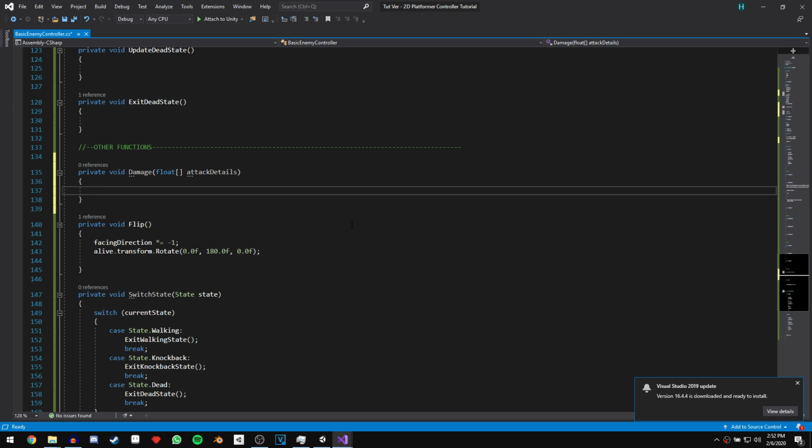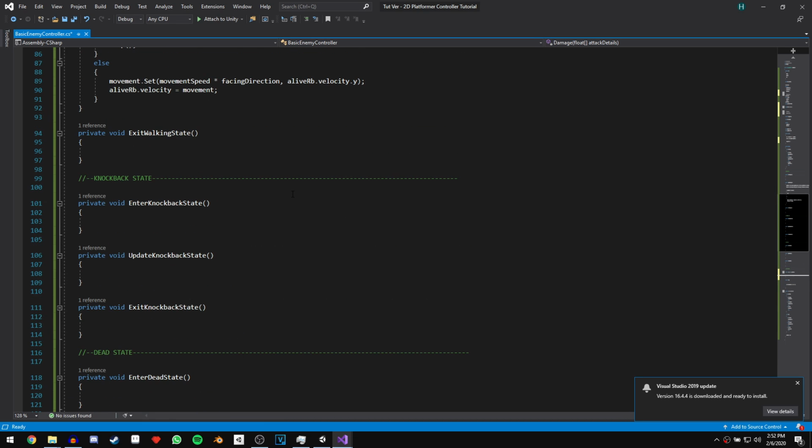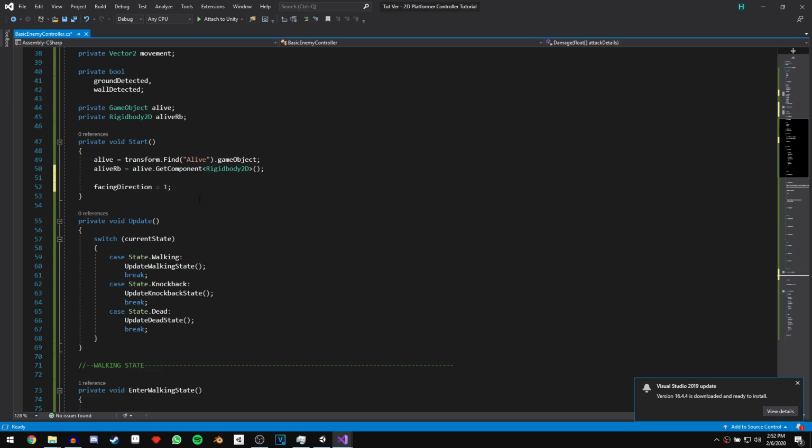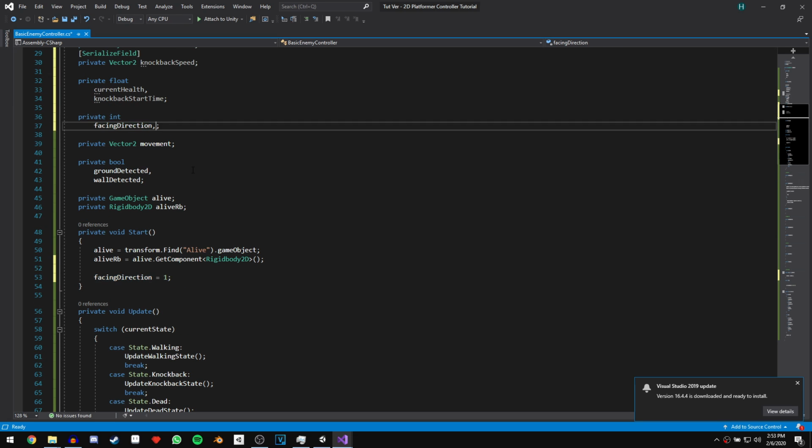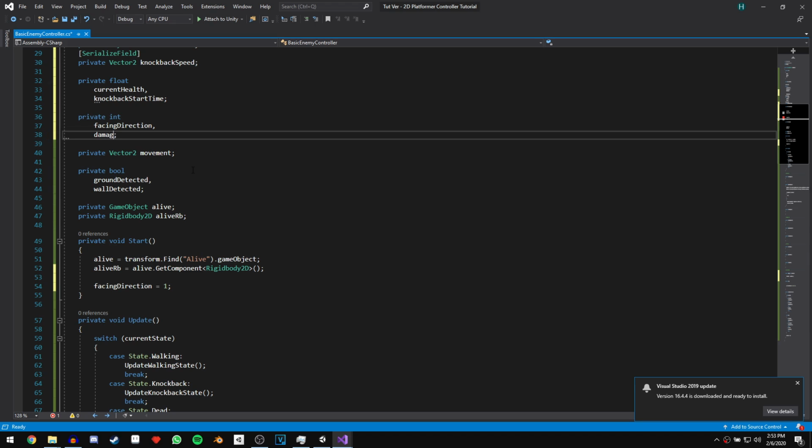So inside the damage function, we can then say current health minus equals attack details 0. So we're always going to send the attack damage in the first index of the array, and then we're going to send the X position of the player in the second index of the array. And actually, now that I think about it, we need another variable that is going to be a private int as well. And this int is going to be called damage